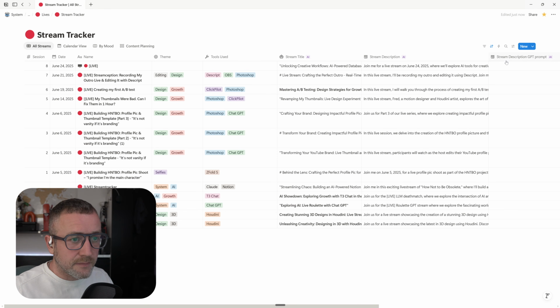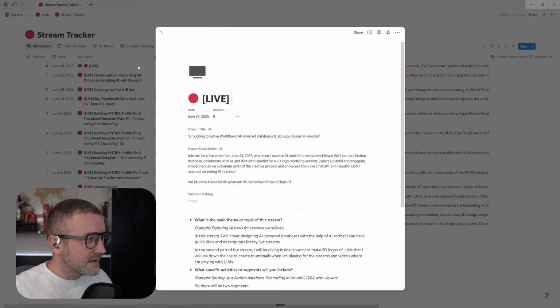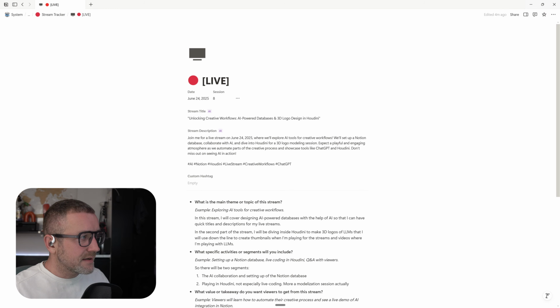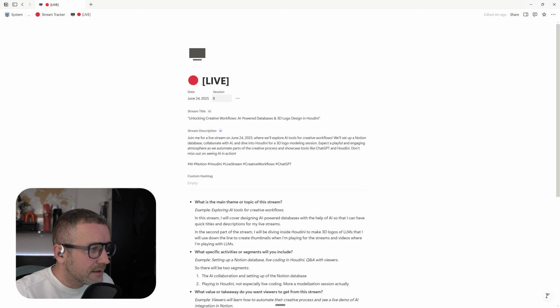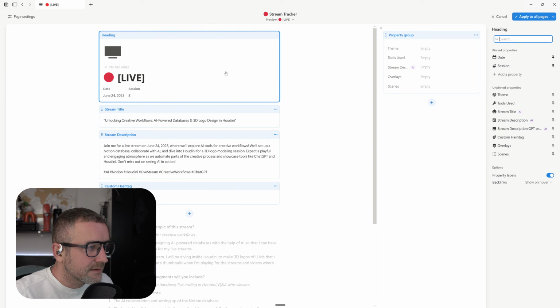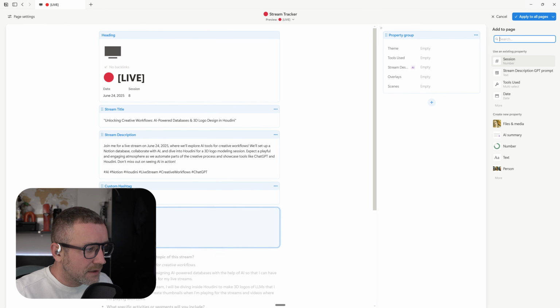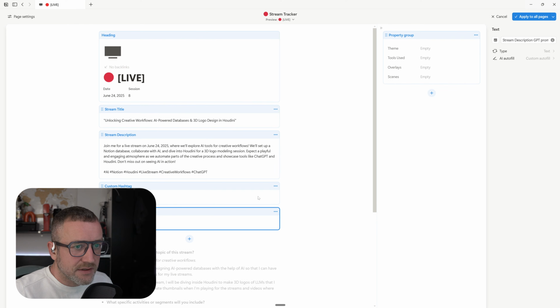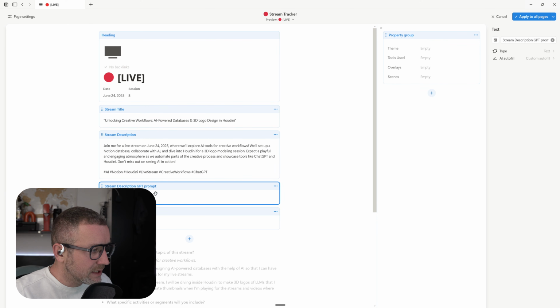Okay. And let's go back inside the page and no, not that. Customize layout. This one I want to add the stream description with GPT prompt.